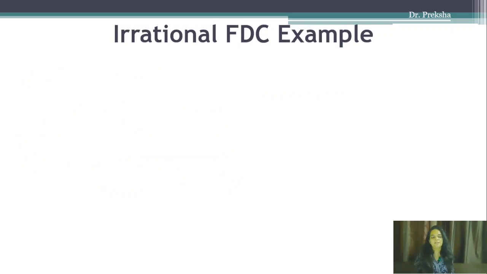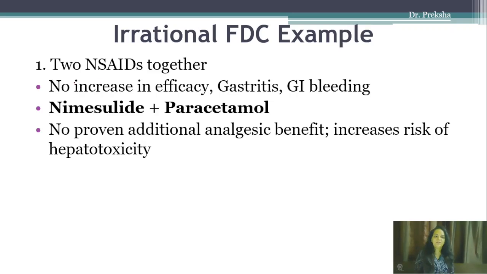Now let us discuss some irrational FDC examples. In the market you will find many cough syrup formulations which may contain 2 or 4 or more ingredients. These cough syrup formulations are irrational. Some multivitamins, where you will find so many contents, are also irrational FDC examples. Irrational FDC examples include two NSAIDs together,